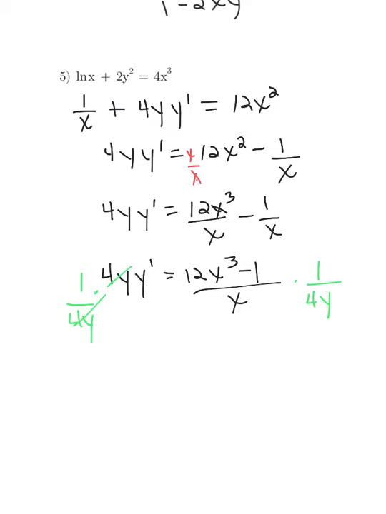Now the 4y over 4y cancels, and we're left with y prime equals, on the right-hand side, you need to take the two fractions times each other. So you need to take the top times the top. 12x cubed minus 1 times 1 gives us 12x cubed minus 1 over, on the bottom, x times 4y would be